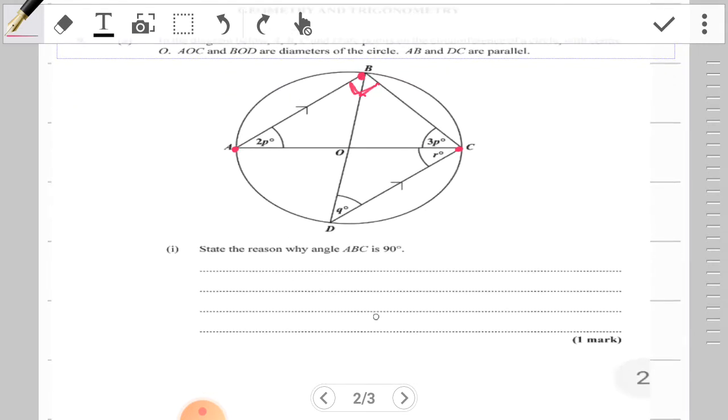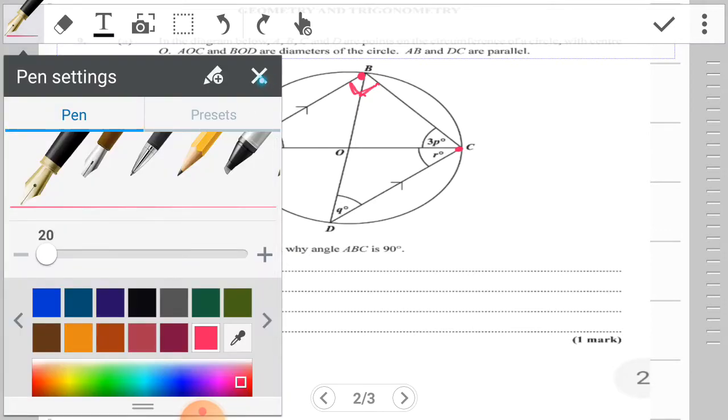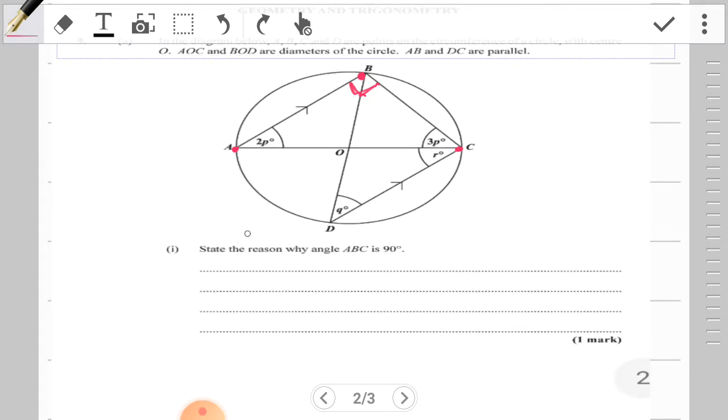All right, let's look at the first question. It says, state the reason why angle ABC is 90. So I marked it here in red. As you can see, this AC is a diameter. And here is the rule of the day, that angle subtended by the endpoints. So any angle,